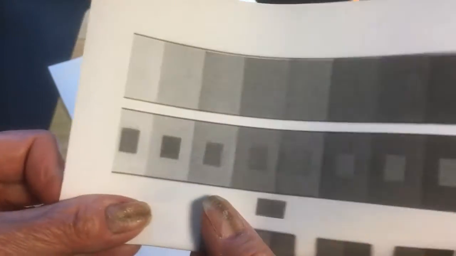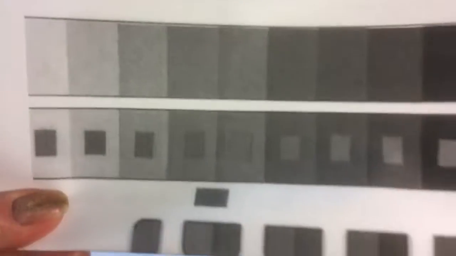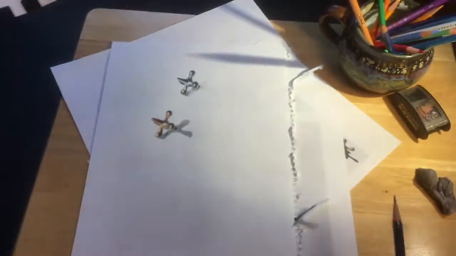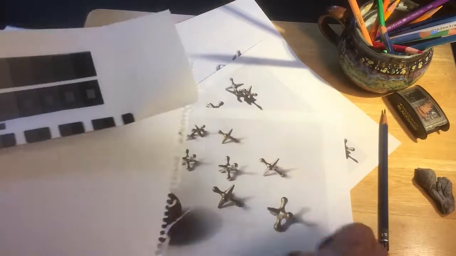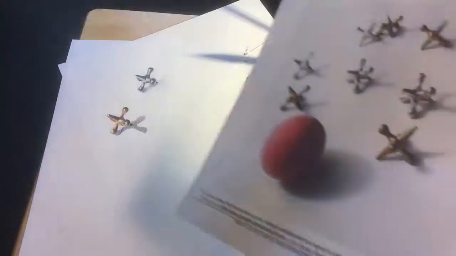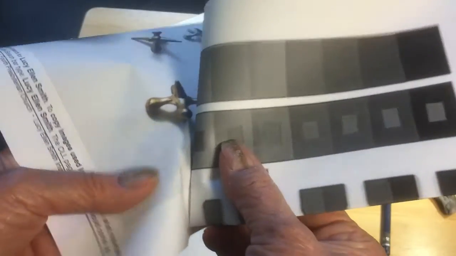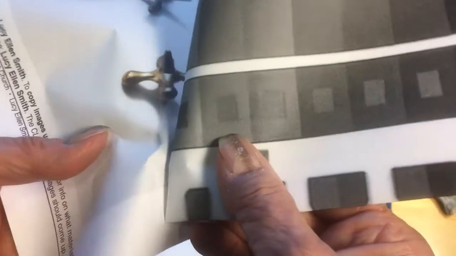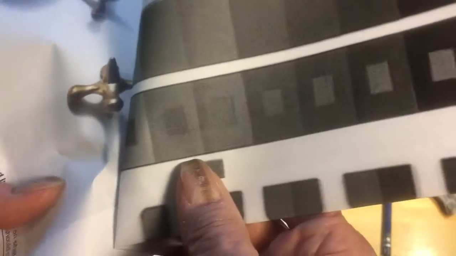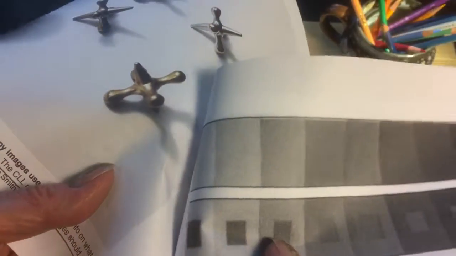You can buy graded images like this, or you can create your own and then just use them as a guide. And they can come in handy because you can hold them up to, for instance, a photograph and try to match what you're seeing there.